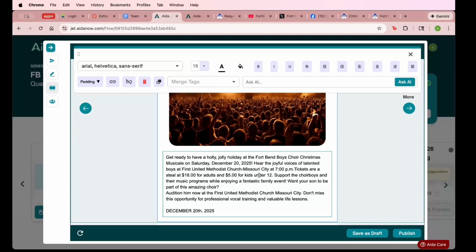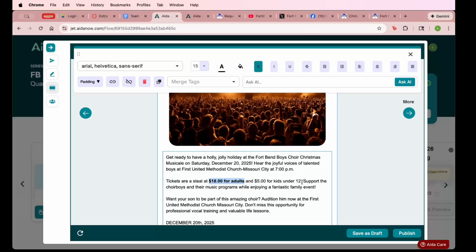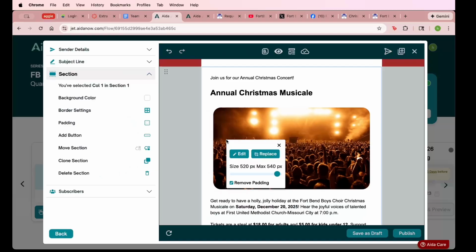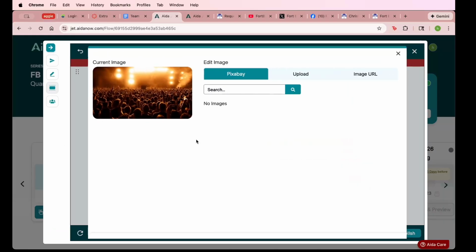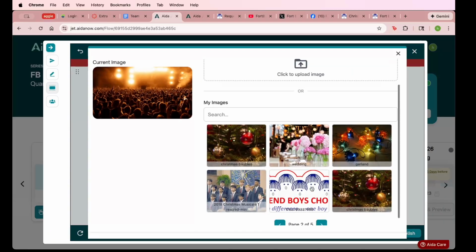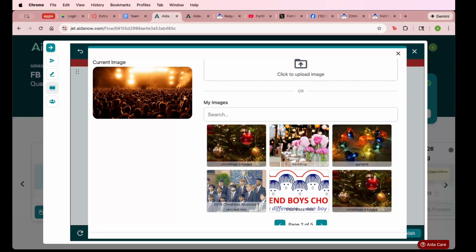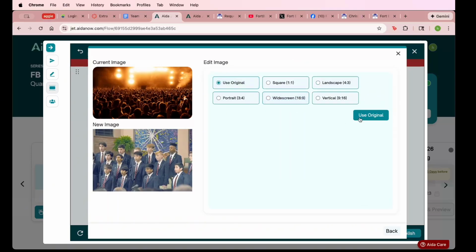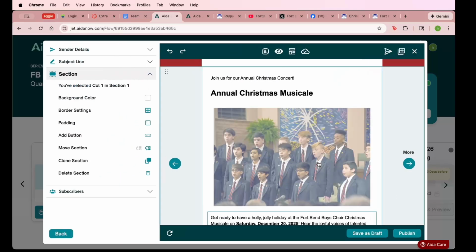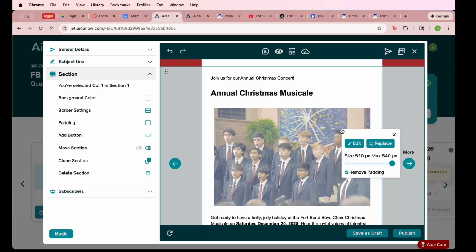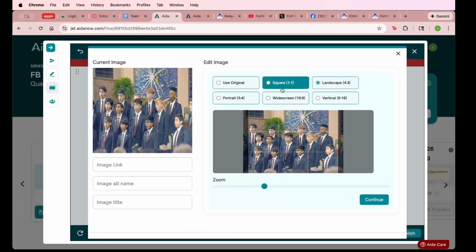I'm going to add a little bit of editing here. It's important for you to bold any text that you think would be really important so that it pops up for your readers. Here I'm going to replace the image right here and do one of the uploaded images. Let's see. Christmas musical. We're going to use the original as always. And boom, doesn't that look so cute? You can also edit it too,